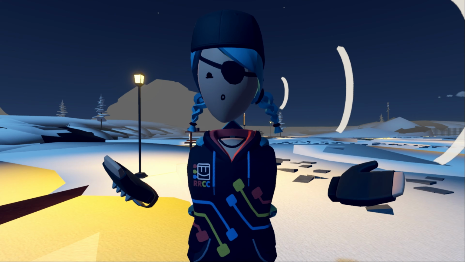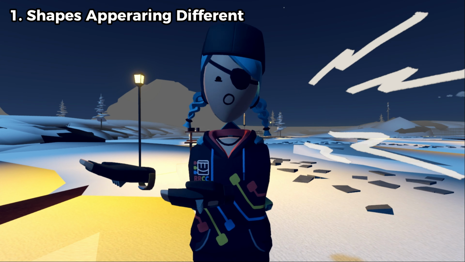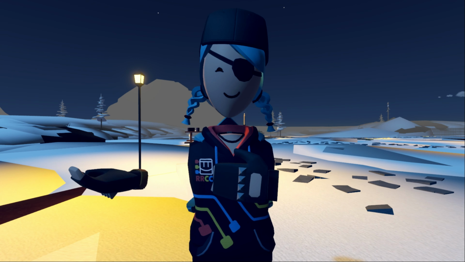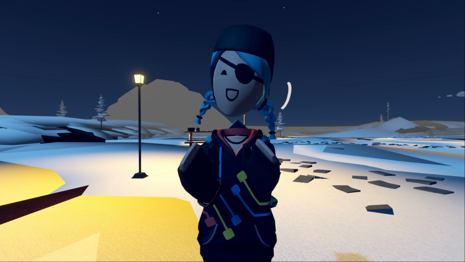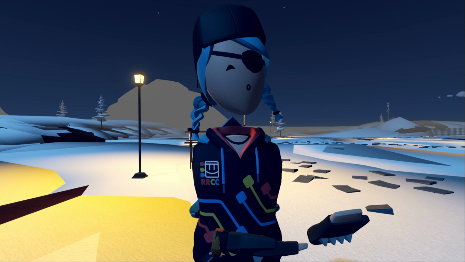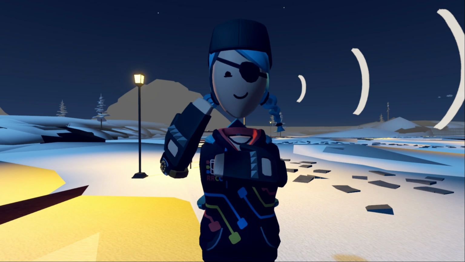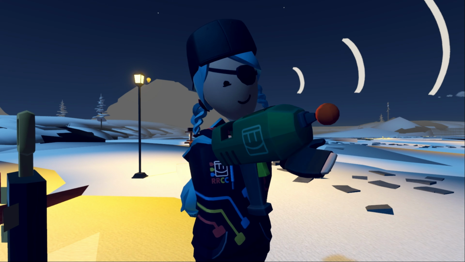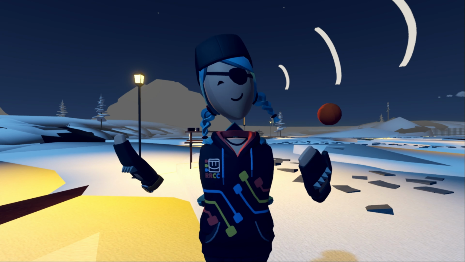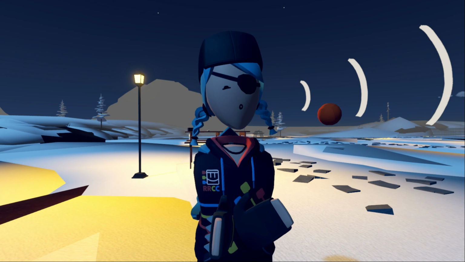For the first thing that Rec Room builders absolutely hate is the fact that things don't show up the same in Quest as they do in PC. Now I get why this can obviously be the case because they need to kind of optimize it for the device, but it's very annoying when you're usually on Quest and you build something in PC and then you go onto your Quest and you just see it, like, for example, something can turn into like a square. So for example, if I use a little circle like that, it's going to turn into a square if I go onto standalone, which is not the funnest,